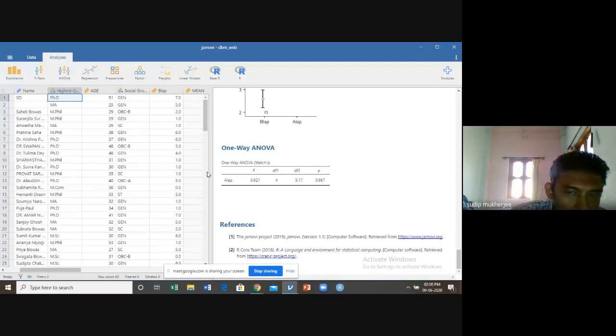Now, the last objective of today's session. Suppose one tries to know, age-wise, what is the effect of age on usage of computer?